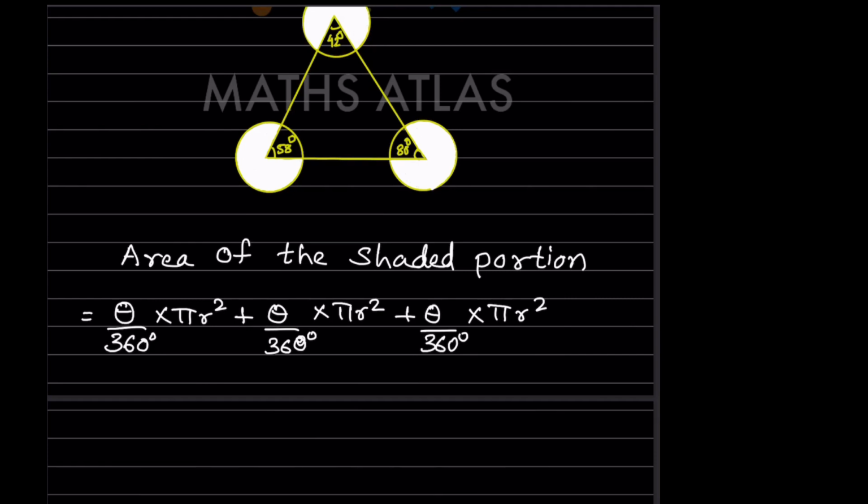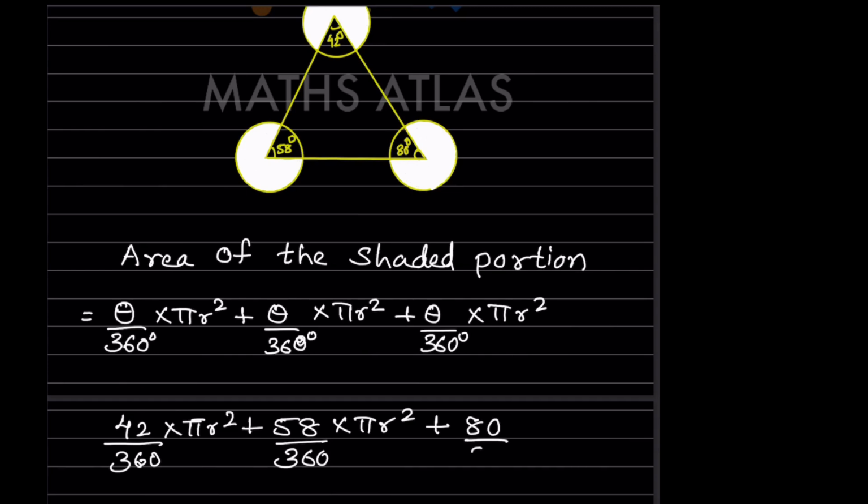This is 42, so we will write 42 by 360 into pi r square, keeping pi as it is for now. Then for the second one, we will take 58, so this will be 58 by 360 into pi r square. The third one is this one, that is 80 by 360